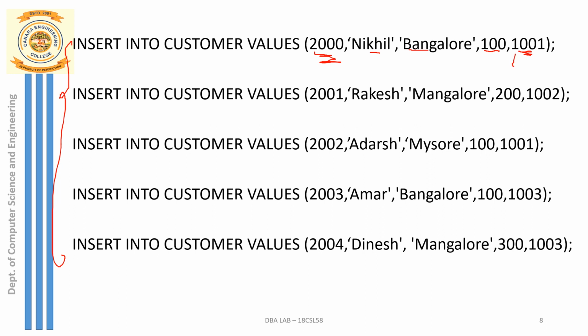And one more thing you have to note here: the salesman ID, whatever values you are inserting, make sure that all these entries are already made into the salesman table. No new entries you can add here into the customer table. So what do you mean by entry? See here, I have inserted 1001 as salesman ID, 1002 as salesman ID, 1003 as salesman ID. All three IDs that I am using here in the customer table should be already inserted into my salesman table. So information about these 3 salesmen should be already available in my salesman table. So please note this particular point.